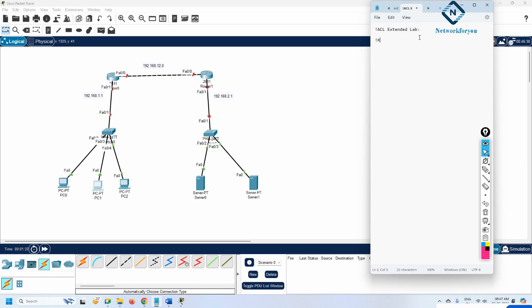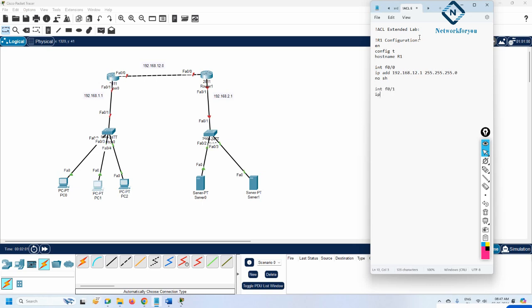So R1 configuration, we can say: enable, config t, hostname R1, then interface F0/0, IP address. We can give whatever IP we plan to use. We can put that one, 255.255.255.0, and then we write no shut, and then interface